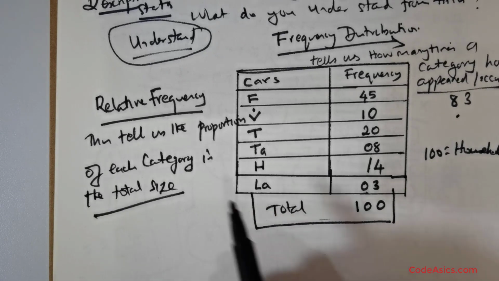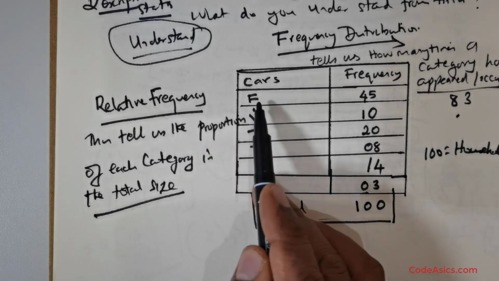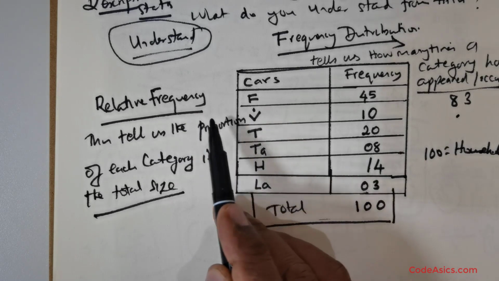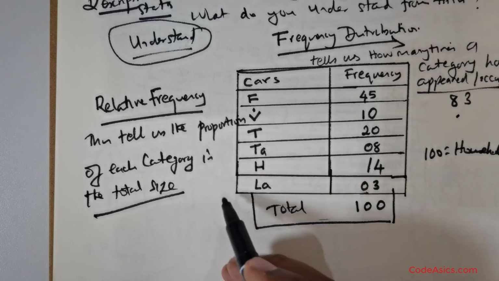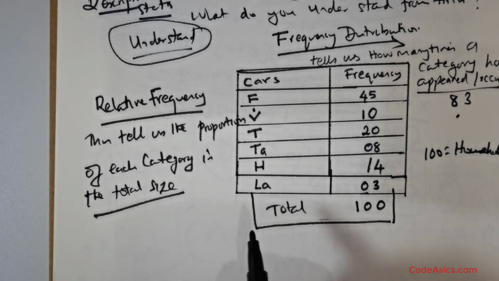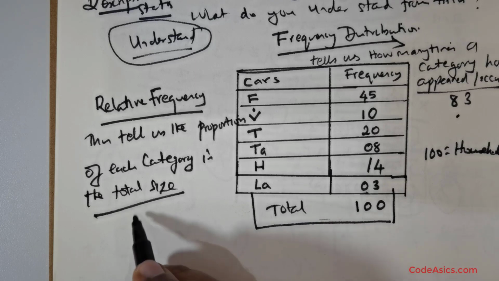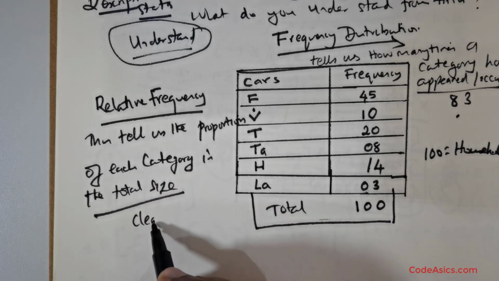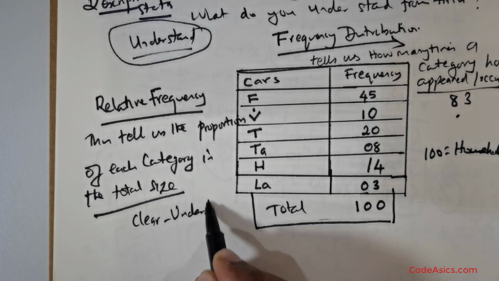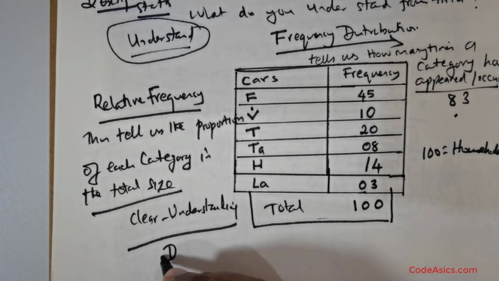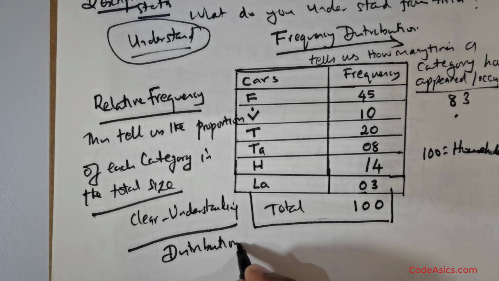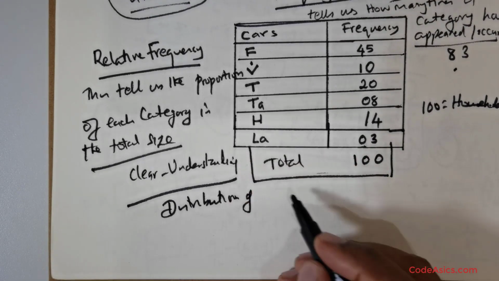So whenever you associate a relative frequency value for F, that number will tell you the proportion of Ford cars amidst the total population or total sample size. And that is a very important understanding. This is required so that we can have a clear understanding, and that is the underlying statement that you have to know: an understanding of the distribution of each category